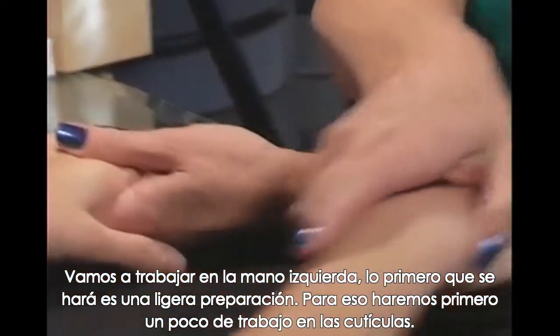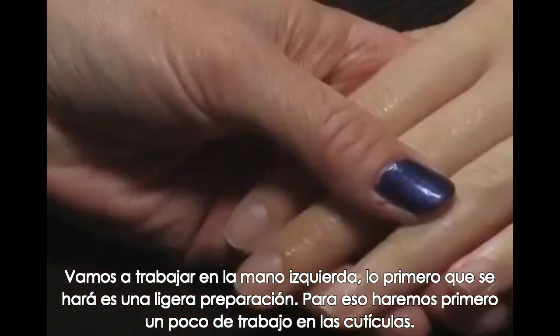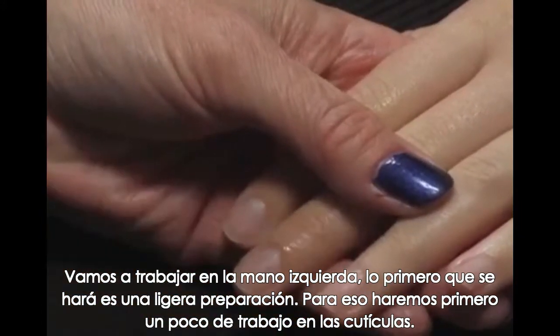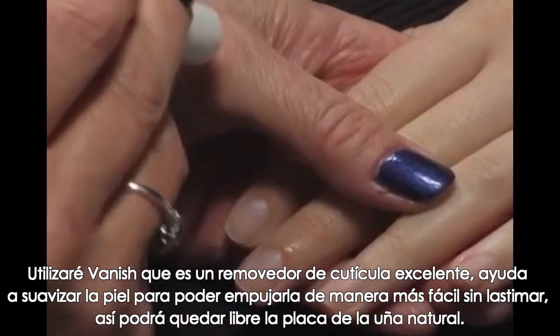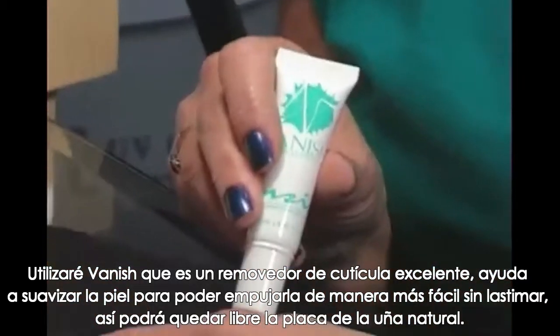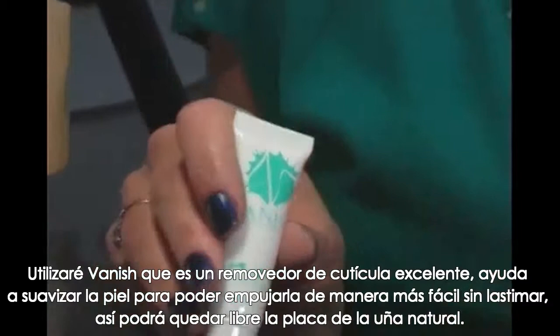Now I'm going to be working on her left hand right now. So the first thing I'm going to do, we're going to just lightly prep the nails. But we want to do a little bit of cuticle work first. And I'm going to use Vanish, which is a great cuticle dissolve. It'll help break down the cuticle so we can get it pushed back and really broaden out that nail plate